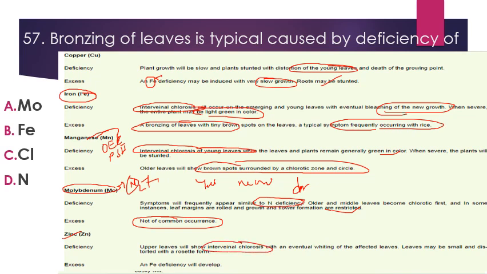Next is zinc. Its deficiency on upper leaves will show interveinal chlorosis and eventual wilting of affected leaves. Leaves may be smaller and distorted with rosette form, and its excess